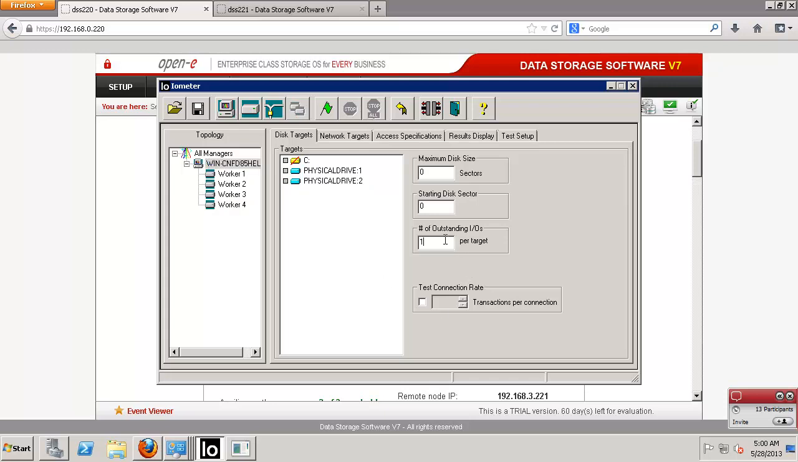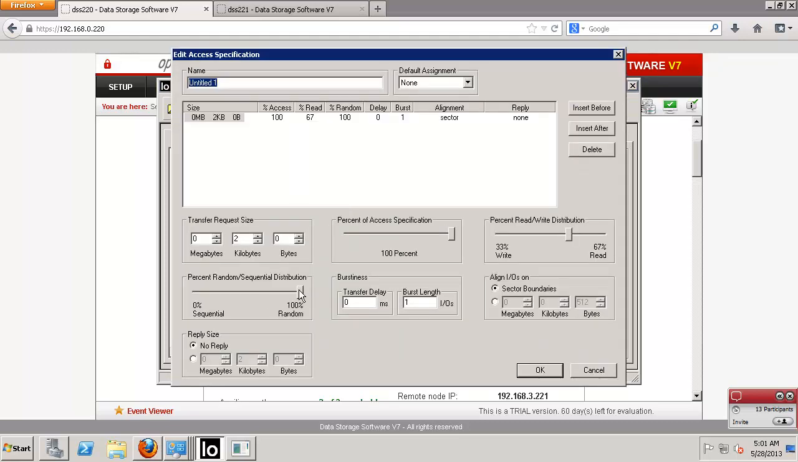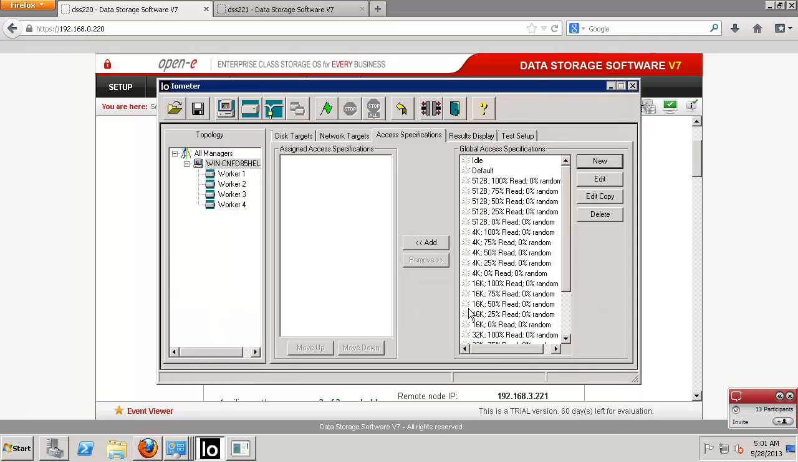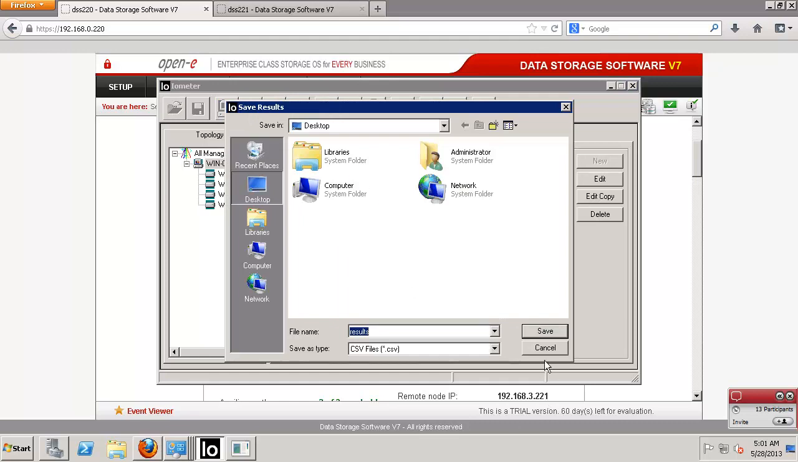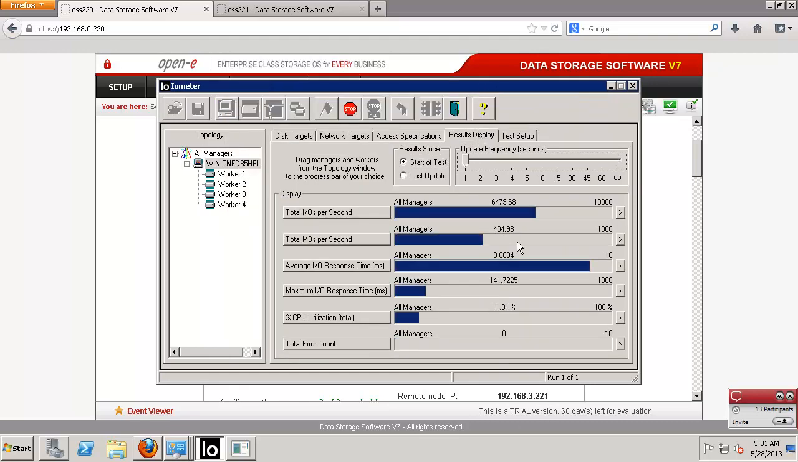So 16 outstanding IO. I'm creating a sequential 64K block and I'm writing like crazy. Okay, I'm putting this pattern here and I'm starting and don't need to save. Okay, and my results are 400 megabytes per second,